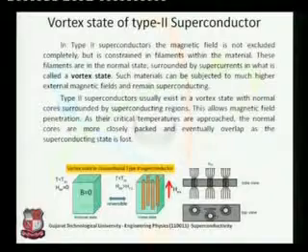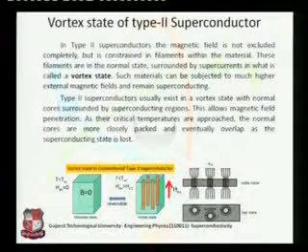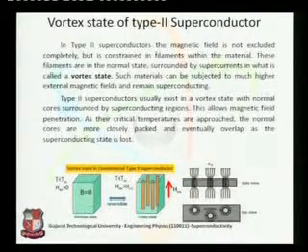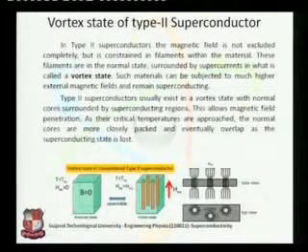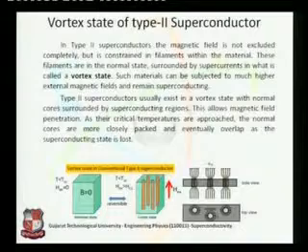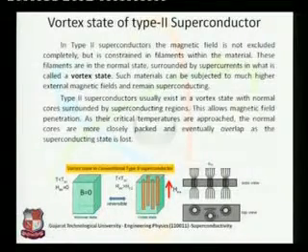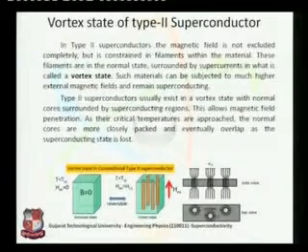But if you increase the magnetic field more than this, the channels are going to broaden, and they increase up to the extent that they merge together and form a big path. In that case the total magnetic field is allowed to pass through, and that is not the superconducting state, it is a normal state. So if we increase the magnetic field from Hc1 to Hc2 in the vortex state, the magnetic field passes through in terms of filaments, thin beams, and as we increase the applied magnetic field they become thicker and broader, and at the end they get merged, which is considered as the total magnetic field passing through the material.